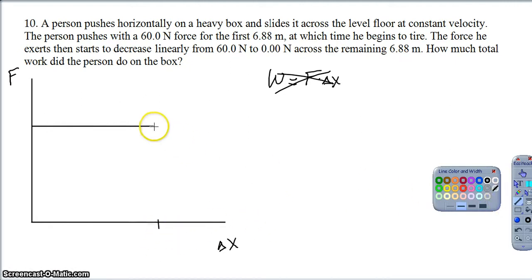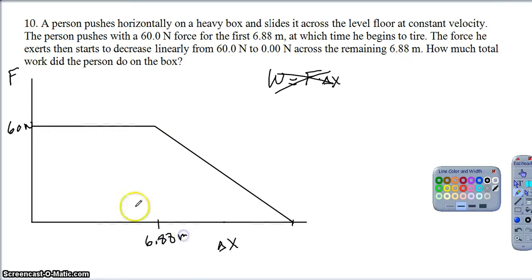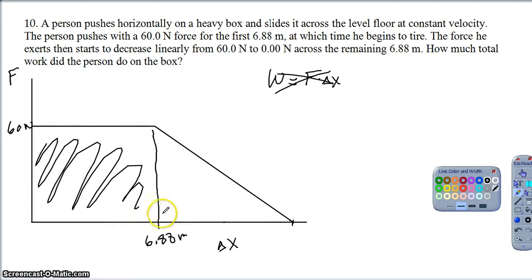Then for the next 6.88 meters, so all the way down over here, and I'll mark those in just a second, for the remaining 6.88 meters, the force decreases linearly, and it is very important they tell me linearly because I know it's a straight line. It decreases from 60 newtons of force to 0, so it comes all the way down to the x-axis. So again, the first 6.88 meters, the force was constant, and I can pretty easily find that area,